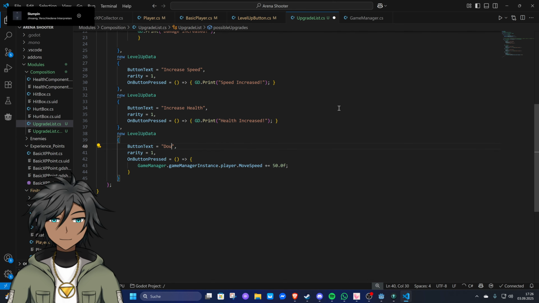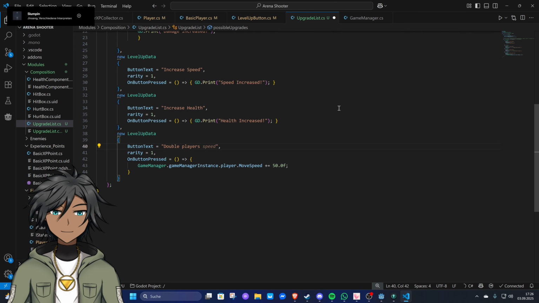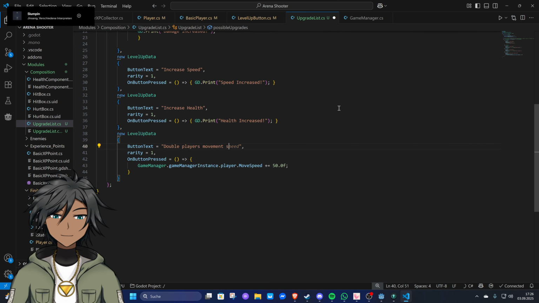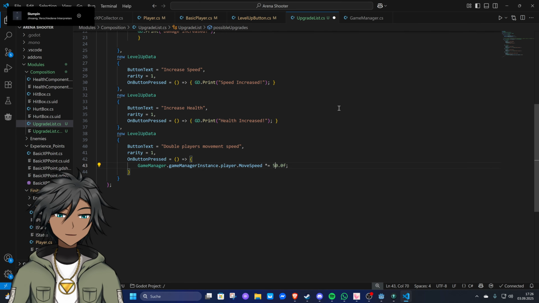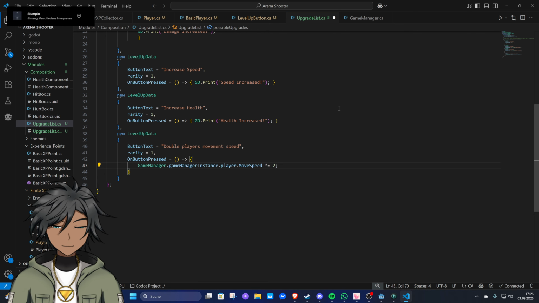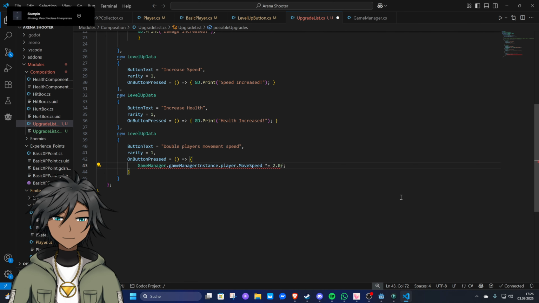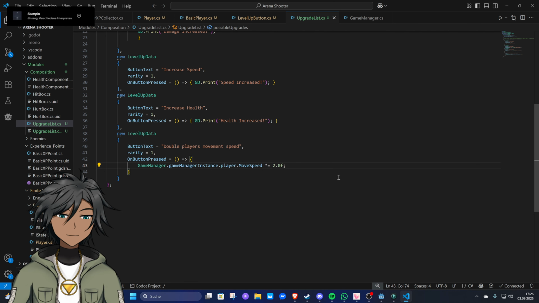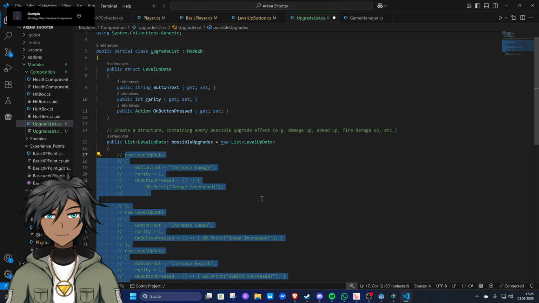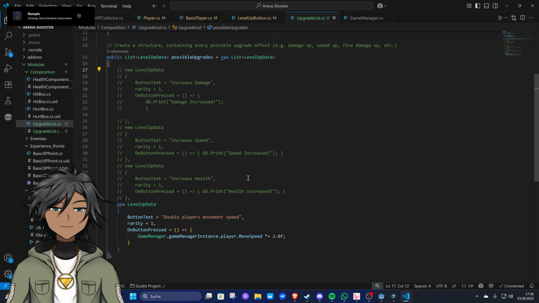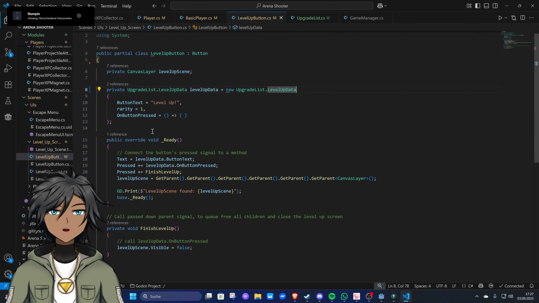You know what? We're going to exaggerate. Double player's movement speed, just so we can see there are differences happening. So float, we're going to stay at float. And we're going to comment out everything else, so we only have this available. And then for now,